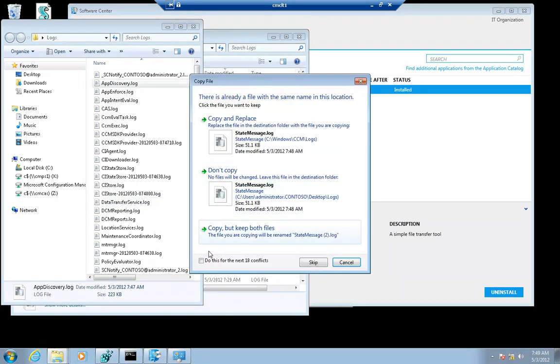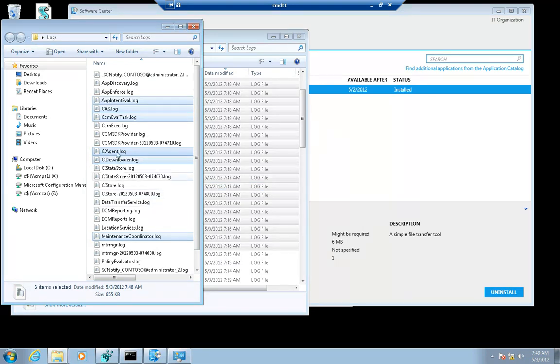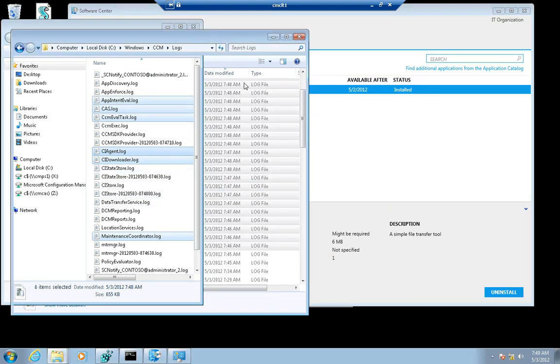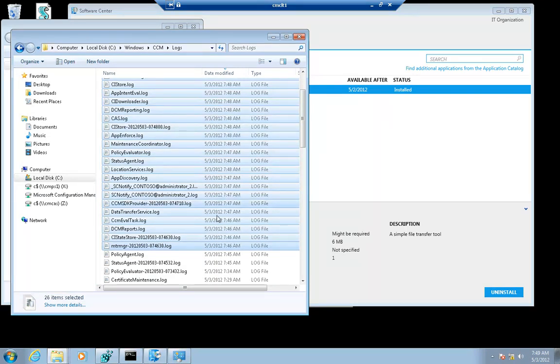Good enough. So you see the list of things grew a little bit. So I had a few logs that I had missed. So either way, that works as a general rule. Now, there are some occasions that you'll get into where you will want to look at the timestamp, grab the logs, and